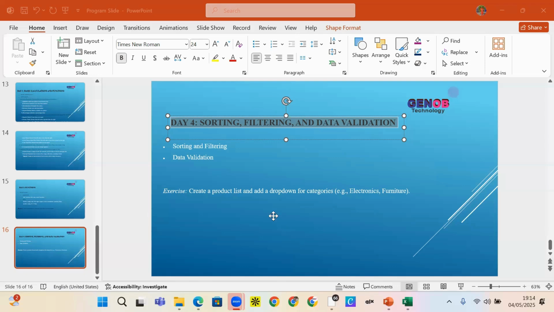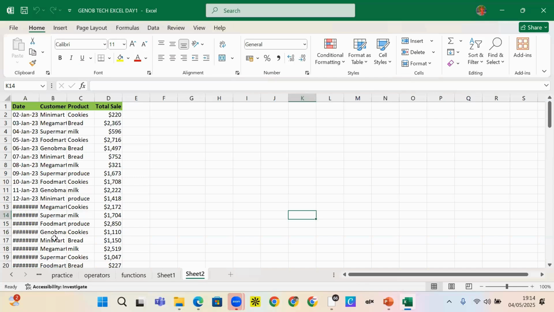So let's begin with sorting and filtering. My workbook is open. This is my workbook, Genotech Day 1, right? So the file we'll be using